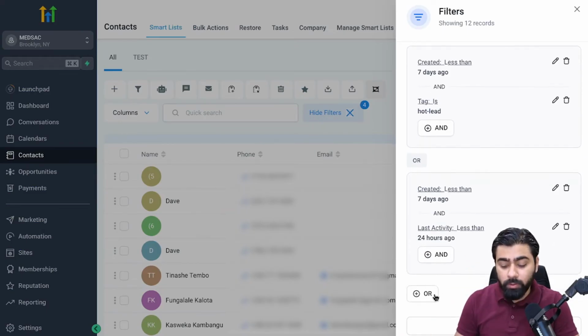So if you scroll down, you'll see that you can also add some more or conditions if you need to. It's just like the conditions that we have in workflows, where you can have one segment. So we have one segment here and then or, and then another segment here. So any of these get satisfied or get true, that will be executed, and that will include all those contacts in your smart list. So because I'm happy with all what I have right now,